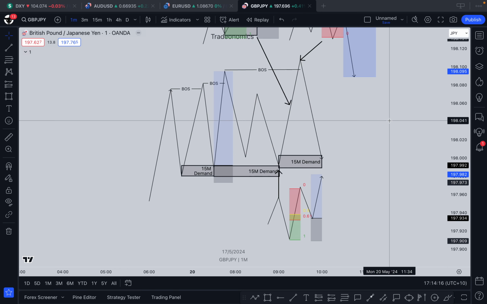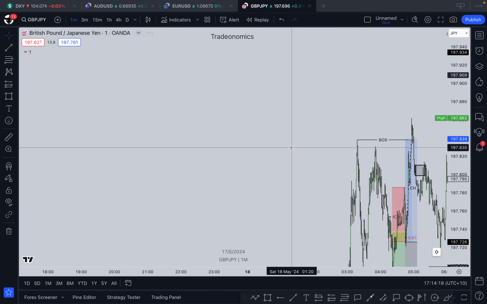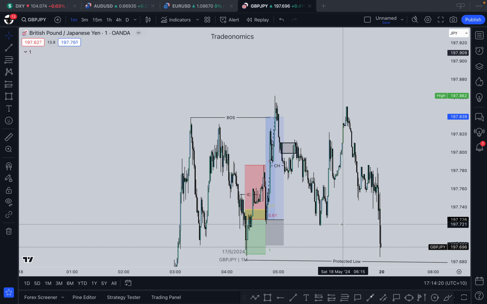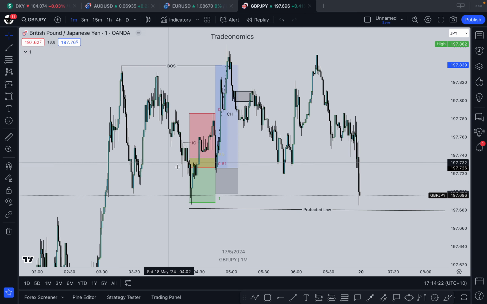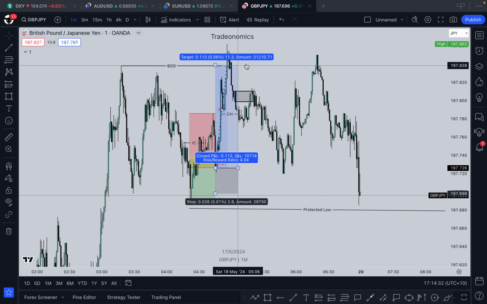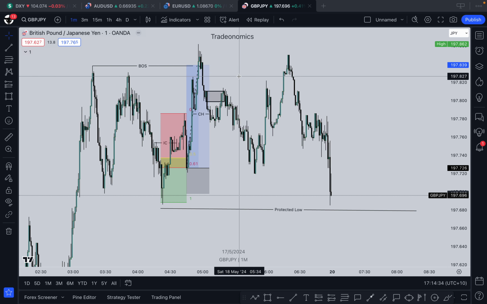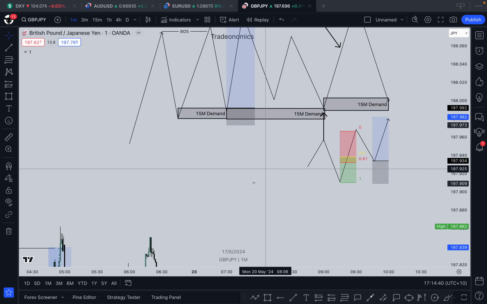That's that entry there. And then these examples here on GJ, this is what happened on Saturday. So again, you can see it happen here on the 3 minute, right? We came down, respected this low, 3 minute IC, fib, entry, and then you target the top, right? Is that making sense to everyone? That there's no issues with that? Any questions that you want to ask? Because that's the theory I wanted to go over in terms of the entry models.